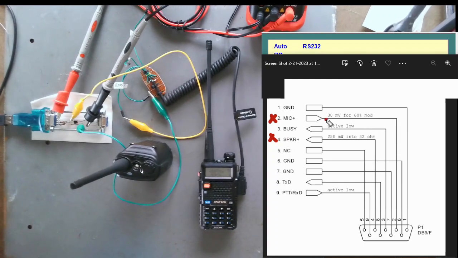So I have a number here to go by. Same with the speaker out into a 32 ohm load, 250 milliwatts. So again, we have some numbers here to work with. And this is going to be important because